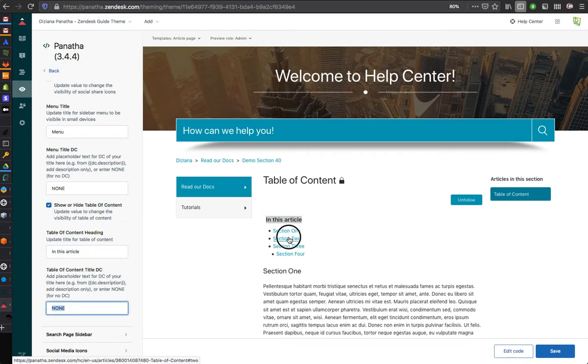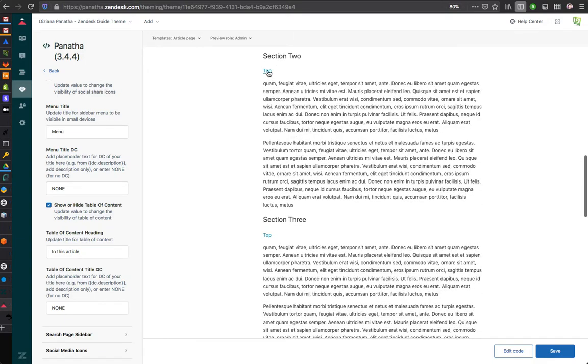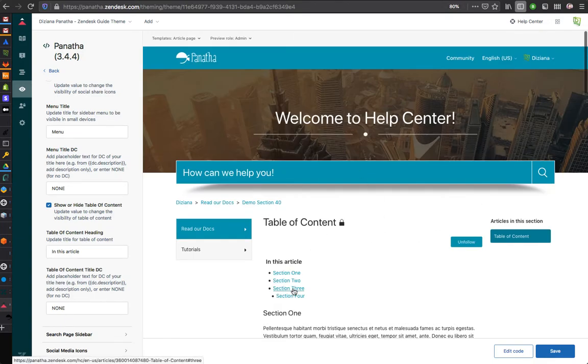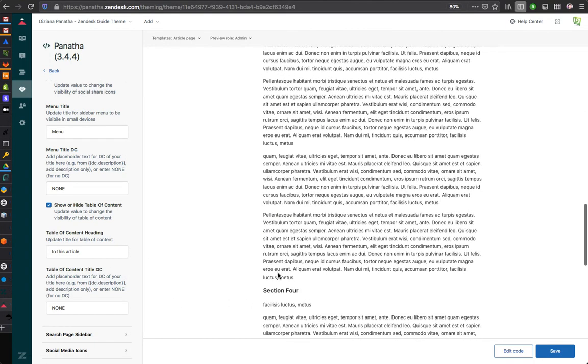So this is automatically linked and it is bookmarkable, the IDs generated are pretty unique, so you can just copy paste and share it, and your user would be able to jump to a particular section in the article by opening the link itself. So I think that's it for the section page.